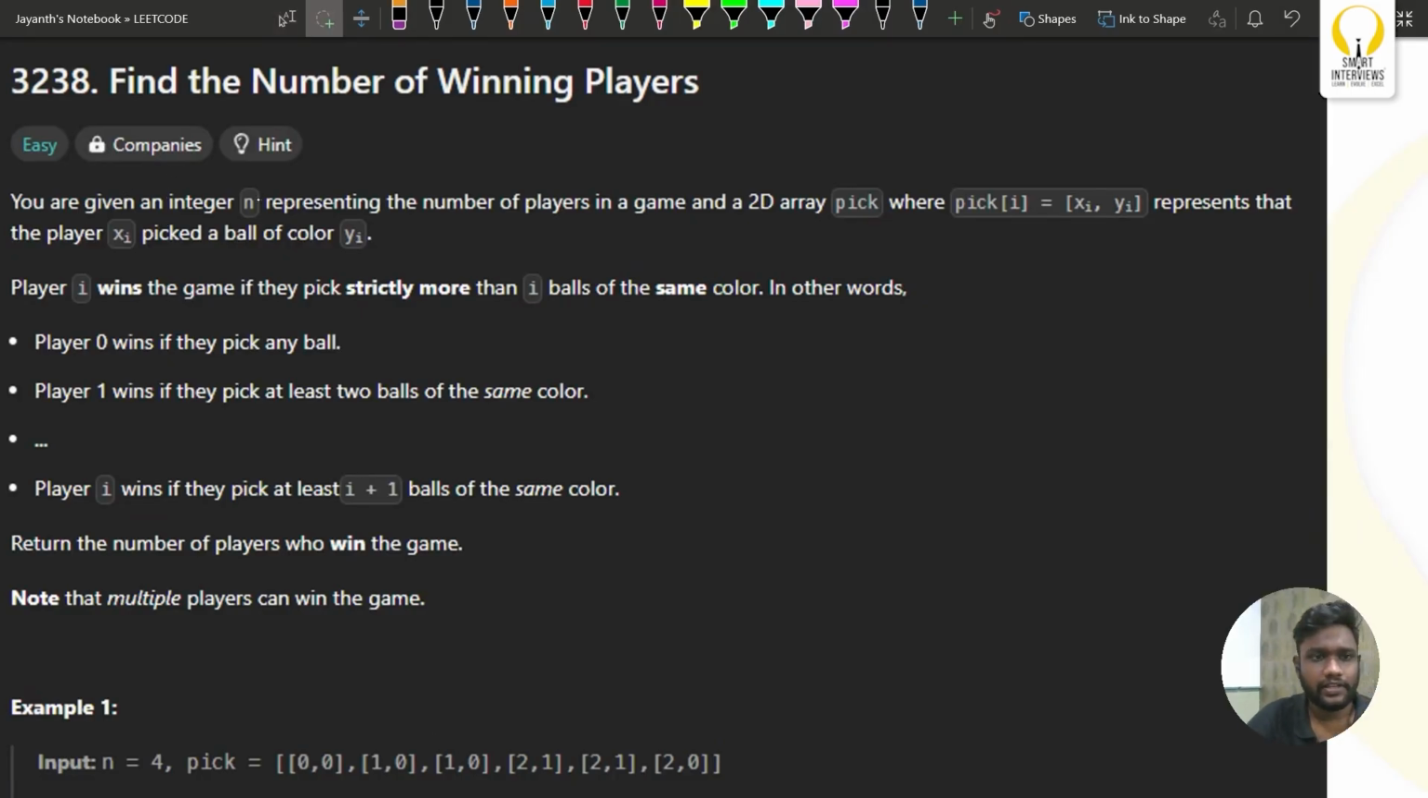Okay, so here it is said that we are given an integer n, which is representing the number of players in the game, and along with that we are also given a 2D array called pick, and any element of pick is giving you two values x and y. So what it is representing is that the player x has picked a ball of color y. Okay? And the game also says that player i wins the game if he has more than i balls of